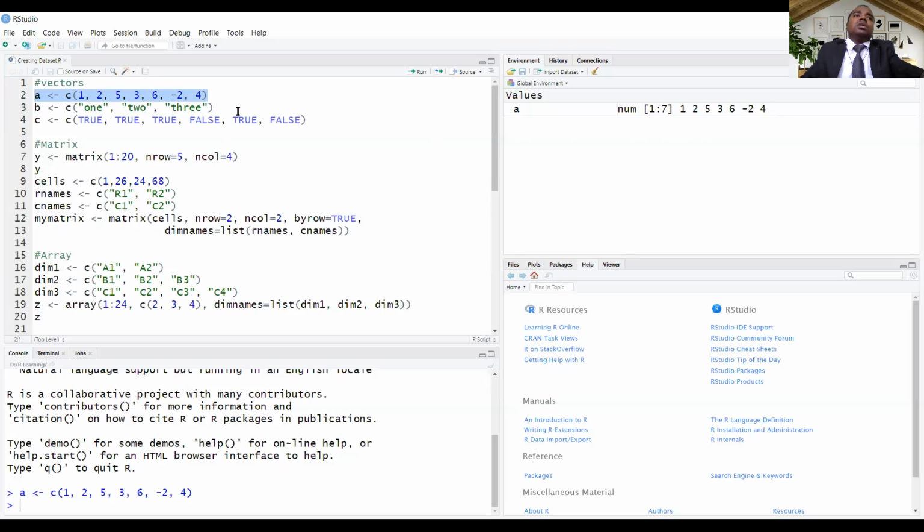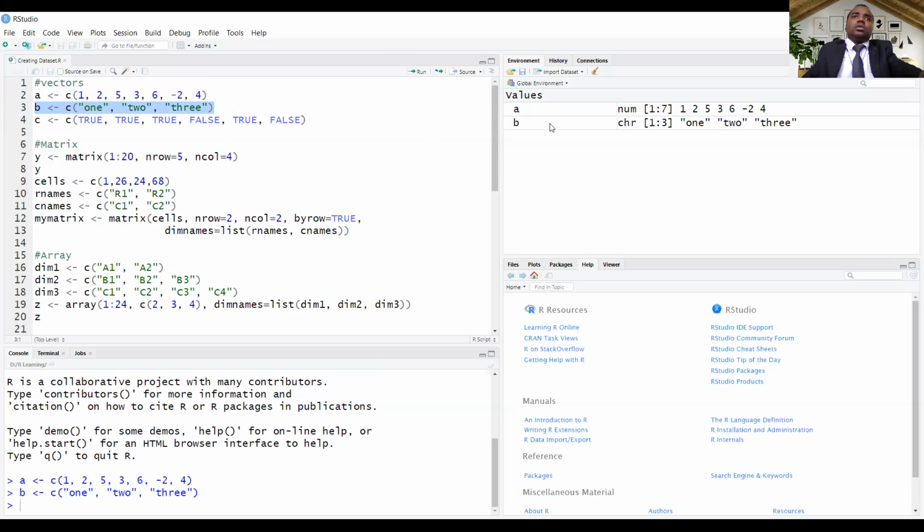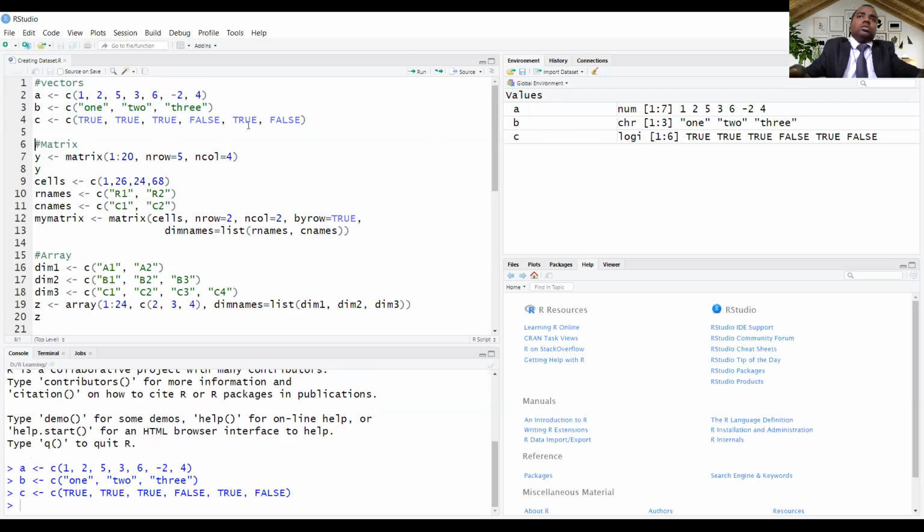Okay. So similarly, this second line of code B. Here in the global environment, you can see there is a variable B with character data type. It is having values 1, 2, 3. Then here C is having a logical variable.